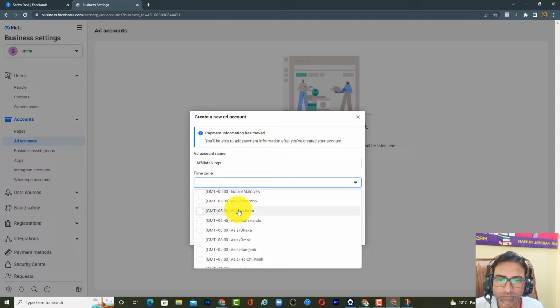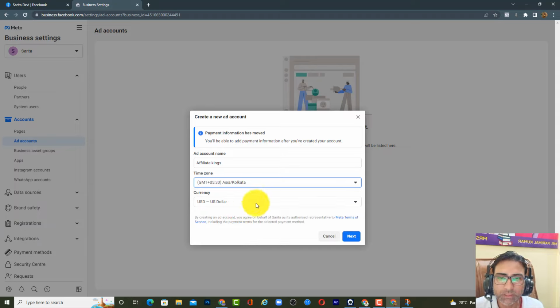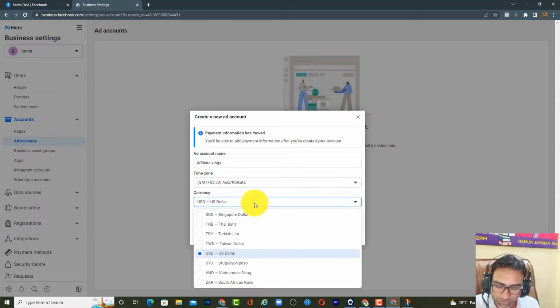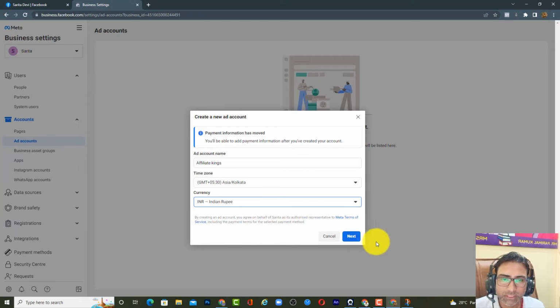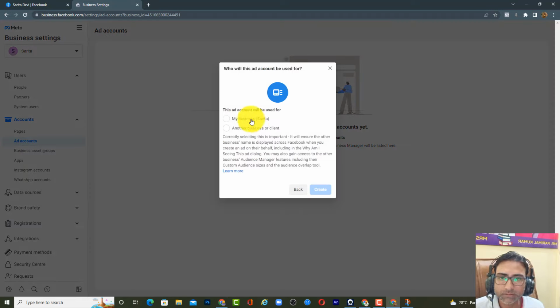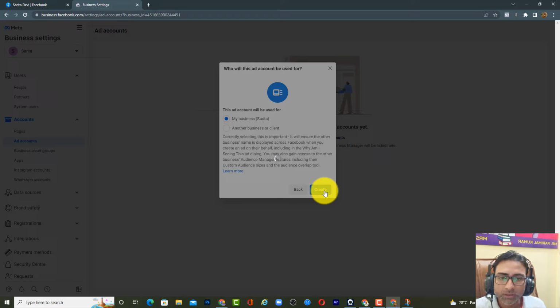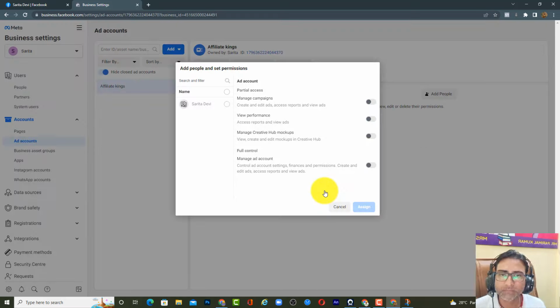This is GMT 5:30, and then just choose your currency. Mine is going to be INR. Okay, that's simple. Click next. I will use this ad account for my business, so select my business, hit create,